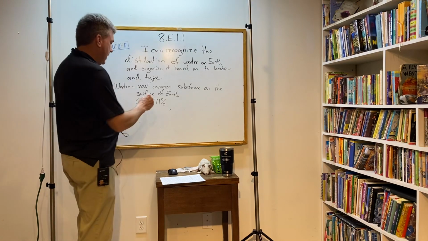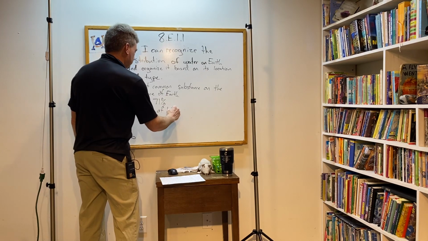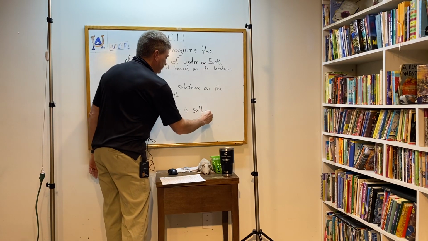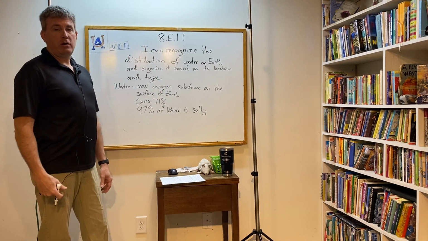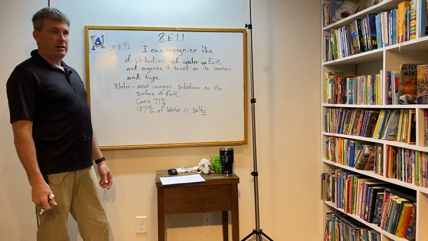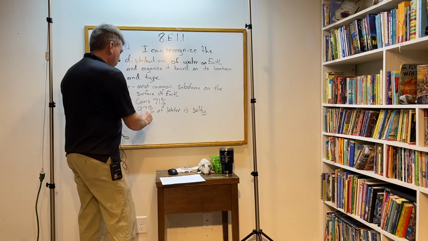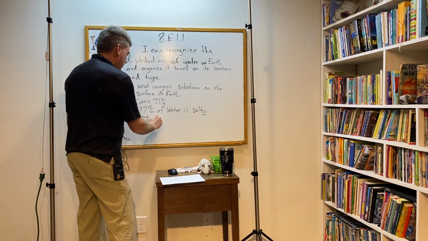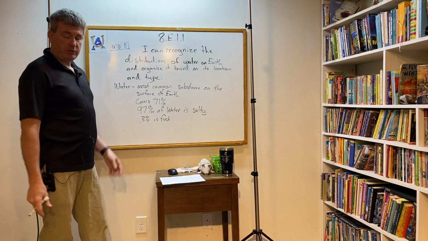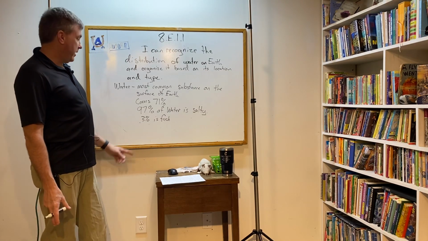Unfortunately for us, 97% of that water is salty. Just like ocean water, you can imagine, salt water, nasty, you can't really drink it. Because if you drink it, it drives the water literally out of you instead of into you. The rest of it, only 3%, is fresh water. Only 3%. So all the water that humans get to use on the surface of the planet consists of this 3%.